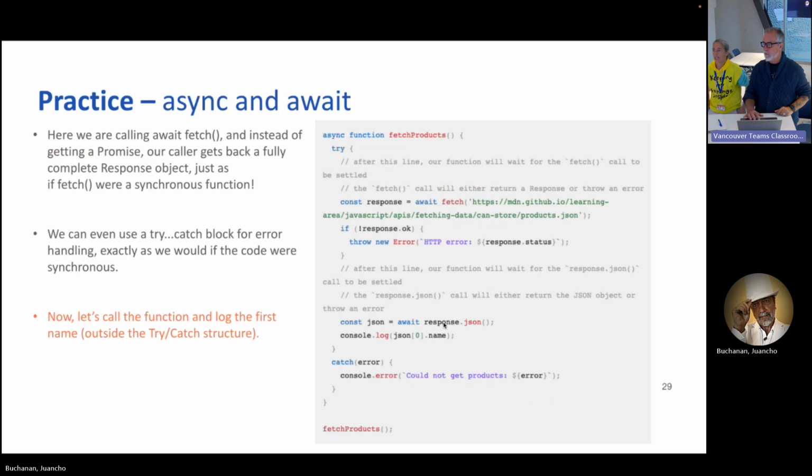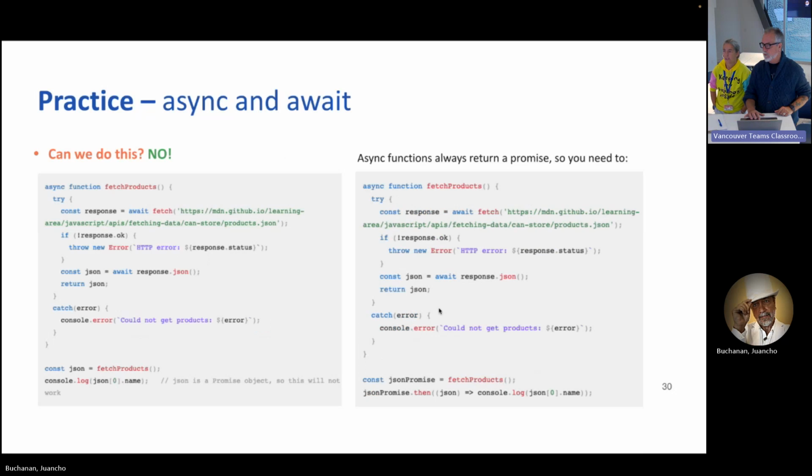Here we're printing it out, but here we're going to return the JSON. What this actually does is it doesn't return a JSON, it returns a promise to a JSON. Oh, that's a bad variable name, I feel. It's okay. It's a totally horrible name, but it's a JSON object, whatever.